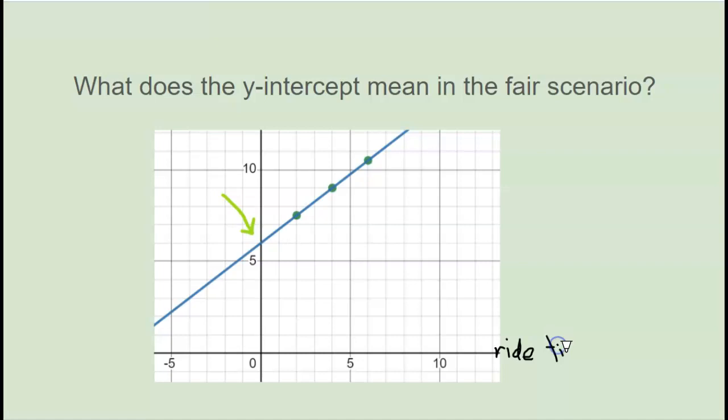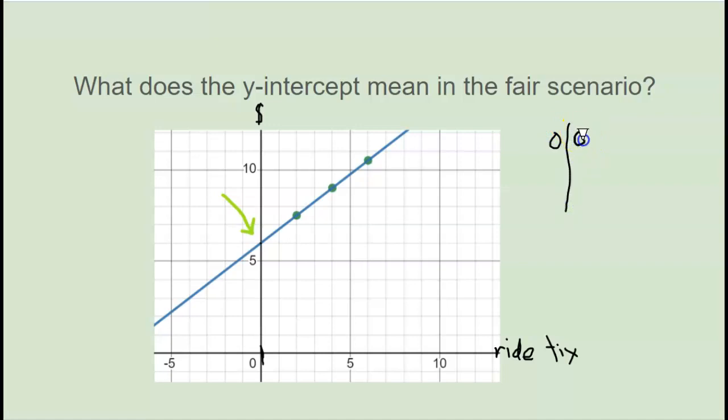I'm just going to put ticks for ride tickets. And the y-axis is the dollar amount that you're paying. So if you go on 0 rides, right here, 0 rides, go up to where your line is. If you go on 0 rides,